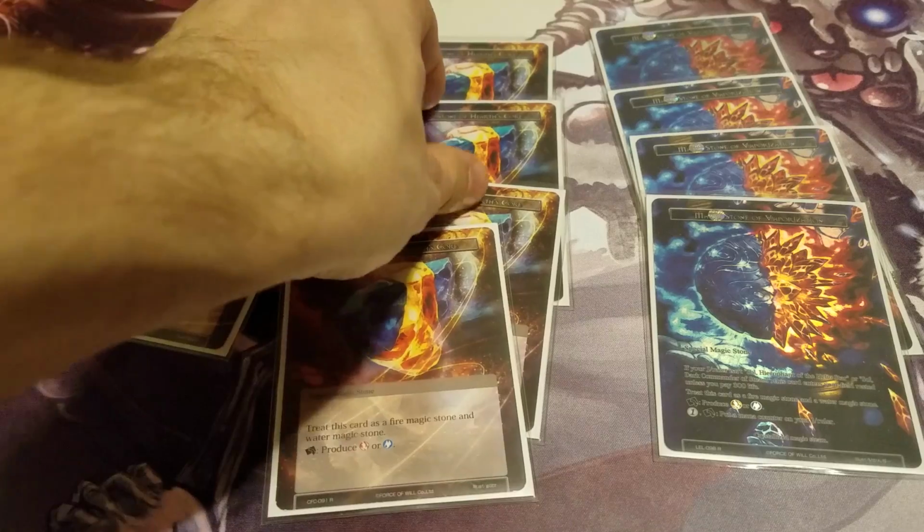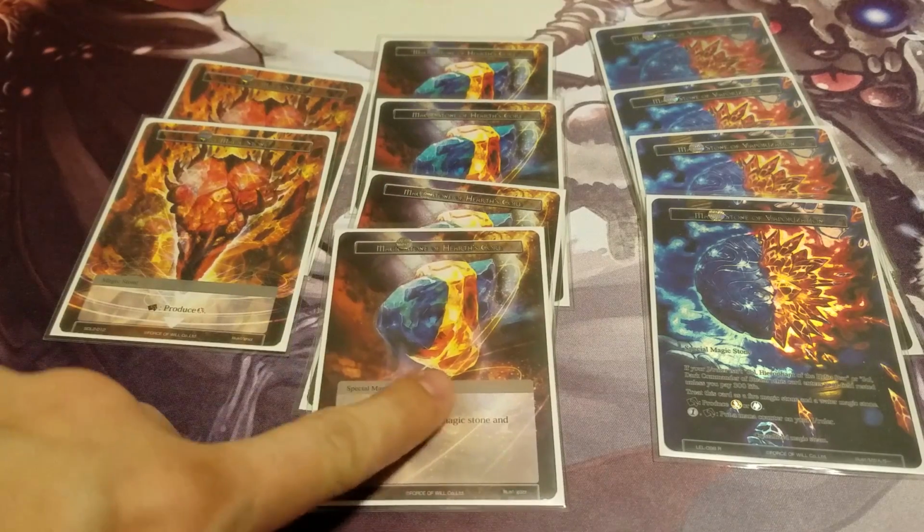It's all based on the spells. The stone deck is straightforward. It's what you would think. It's 4 of the Magic Stone of Hearth's Core, so that you have your 4 blue-reds. 4 of the new Magic Stone of Vaporization,